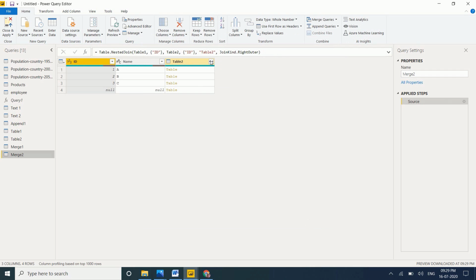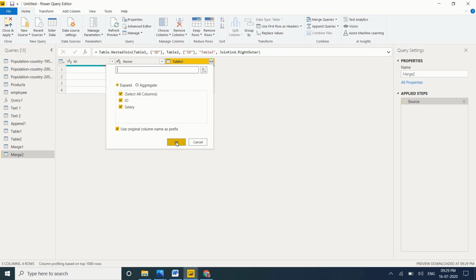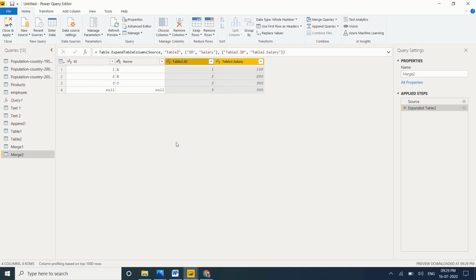So right join is nothing but right table as it is and matching records from left side. See, right table as it is, it comes right, and matching records from the left side. 1 to 3, up to 1 to 3 it is matching, remaining is null.